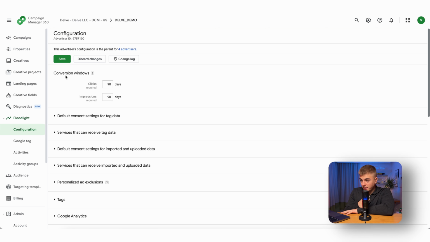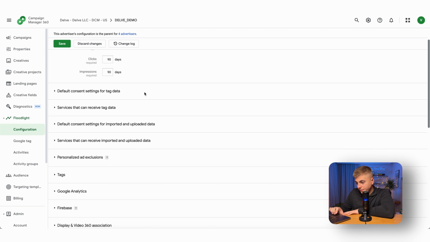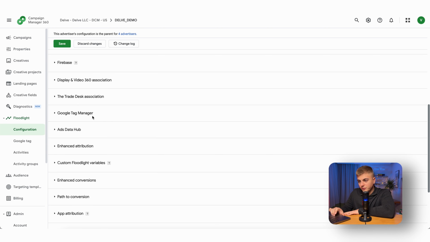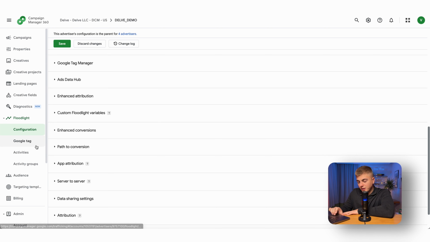However, in programmatic, we tend to use longer windows, up to 90 days for click and view. I recommend it as a baseline for all of the marketers, but I know that it depends on the client, on their measurement framework, etc. But this is my recommendation: 90 days for clicks, 90 days for impressions. Yeah, here we have Display and Video 360 association, all of the other associations, but now we need to go